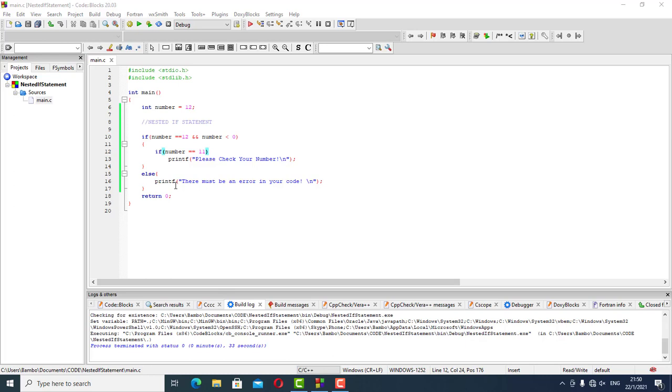We can also add another example, maybe after this one. It will still work, where we have another nested if. So we can call this nested if statement 2, right? Whereby we want to be able to put more that we can work with and see how this example works. So we can say if, right, our number equals 12. So this can be met. If our number is equal to 12, we want to then say if